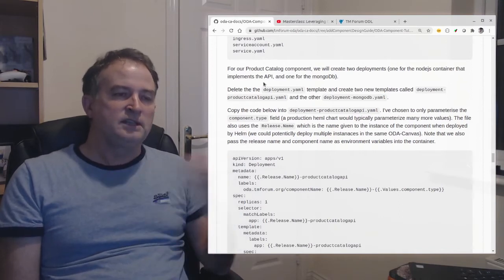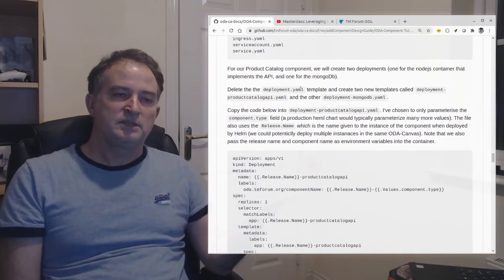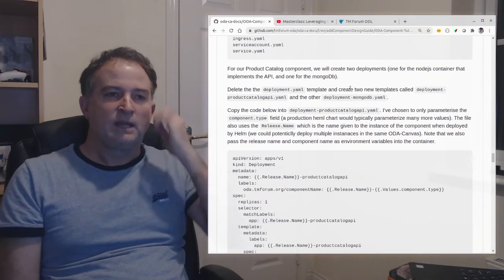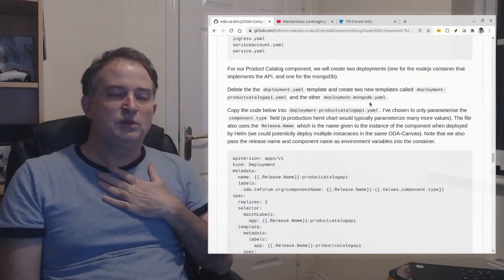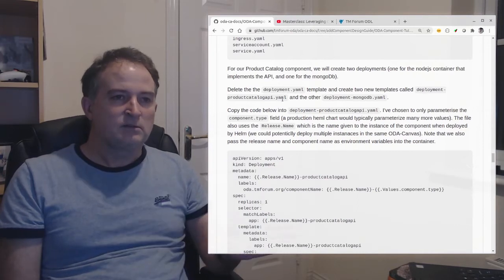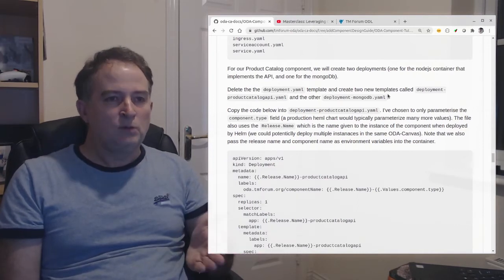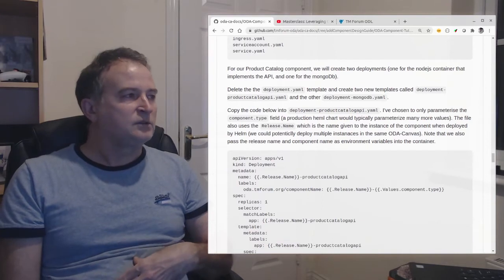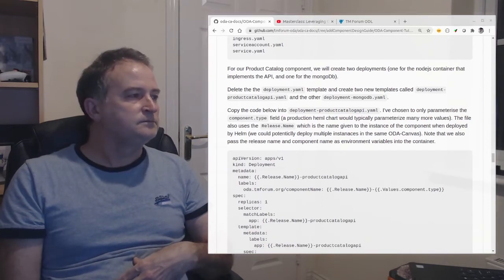So delete the existing template deployment YAML file they created, and we need to create 2 new templates. One is called deployment product catalog, and the other is called deployment MongoDB, and they look something like this. If I go back here,